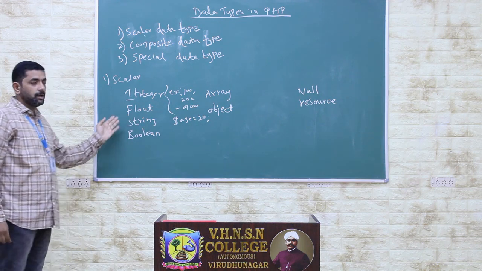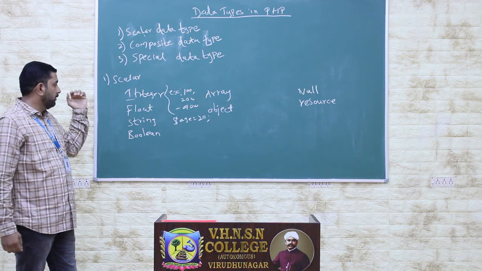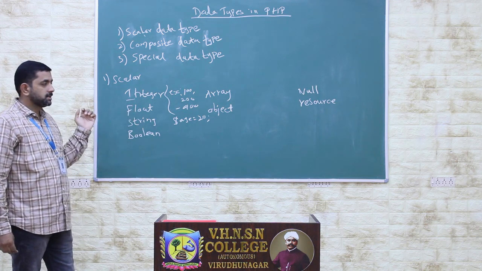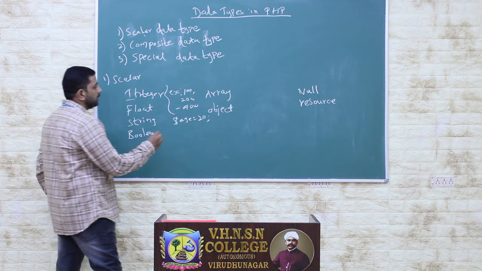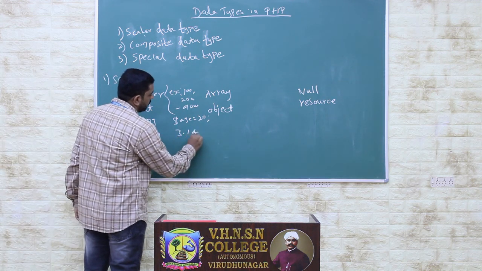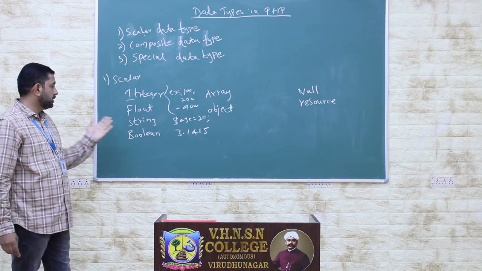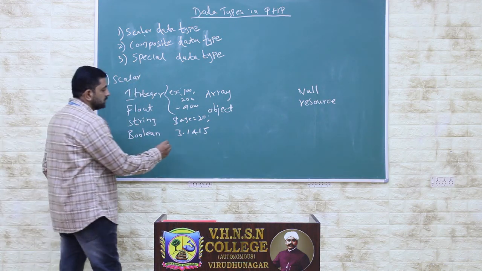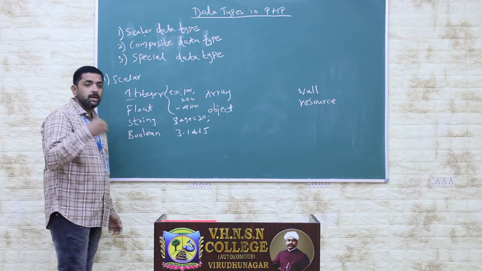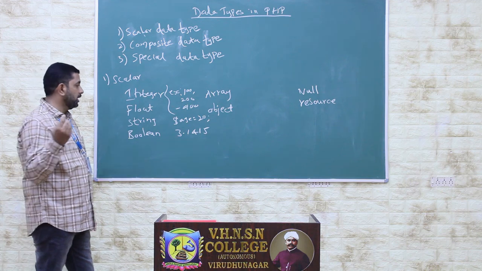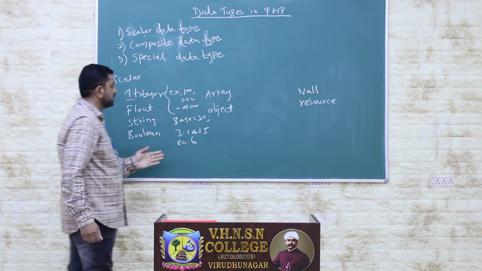Next, float data type. Float can hold fractional and decimal point numbers. For example, if you consider the value of pi, we must write 3.1415. So the fractional part is considered as floating numbers. For example, student percentage does not always come as a whole number. 75, 85 do not always come. Sometimes 85.5, 80.6. So these are considered floating point numbers.